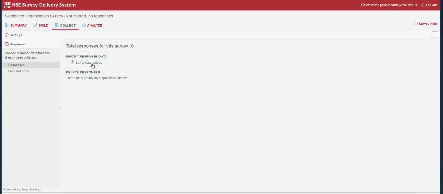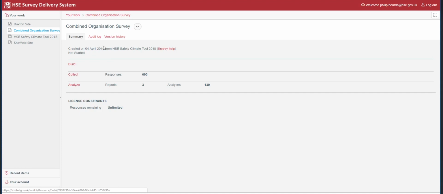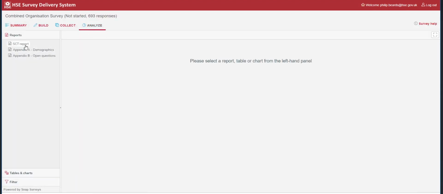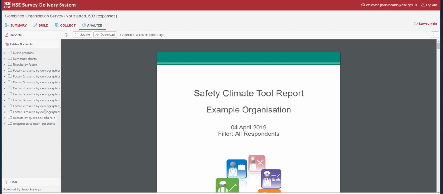The next step is to find those Excel files from the Sheffield site and the Buxton site, the edited versions, and upload those into your combined survey. As you can now see, I have 693 results, which is the combined total of both our surveys. If I now click on the organisational survey, I click the Analyse tab, I go to the report. The report is now reflective of the organisation as a whole, including all 693 responses as opposed to the individual sites. If I then went to the tables and charts area, for example,